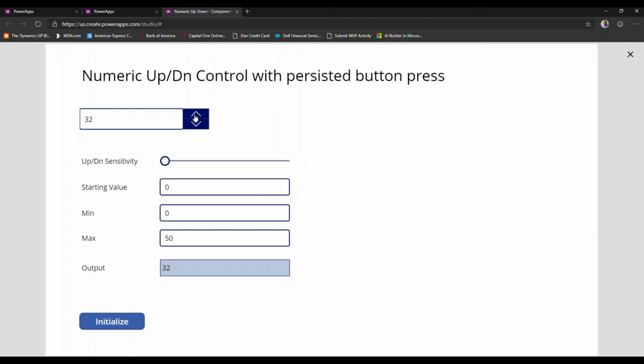So now I'm just going to show you how this works in general. I can put in a max value here of just 50. We're not going to go over that. We're going to introduce a sensitivity of 500 milliseconds. So if you see how that works, and I can persist now, you can see that the values are basically incrementing at a 500 millisecond rate. If I bring this down to 200 milliseconds, then this speed is going to be a little better. It all depends on the type of user experience that you're trying to provide to the end